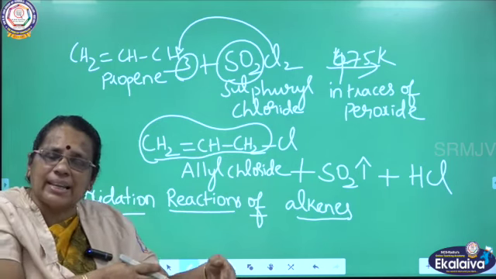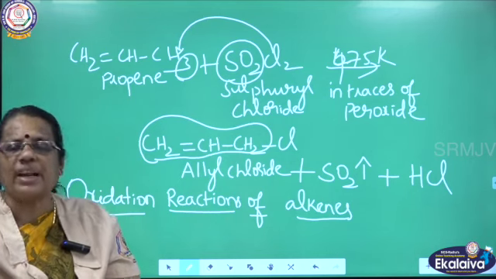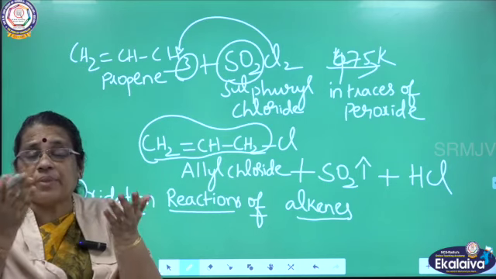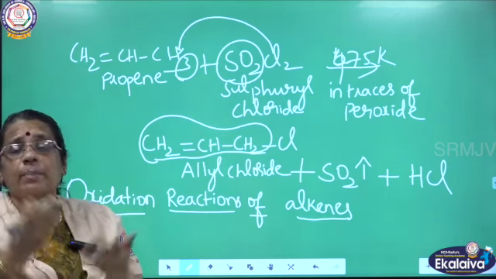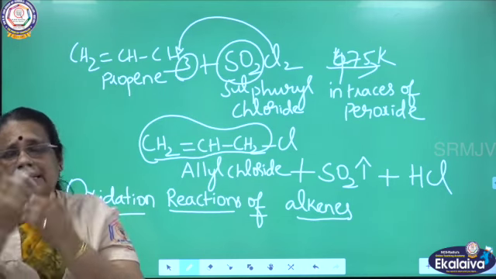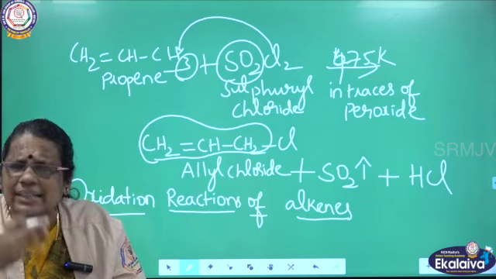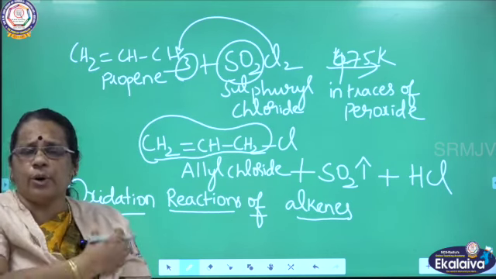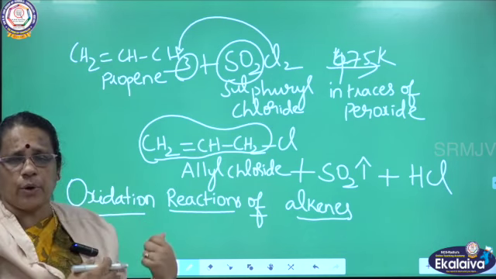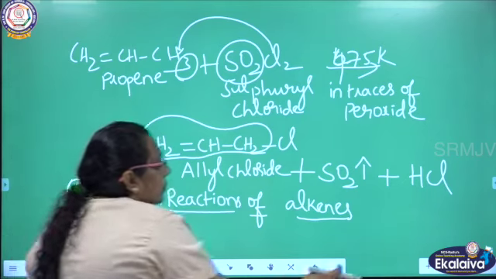Here controlled oxidation, there it is drastic condition. And we are going to talk about combustion reactions, burning of hydrocarbons. What happens when hydrocarbons burn with oxygen? What are the products we are getting here? Carbon dioxide and water. Along with that, heat energy is liberated. So are you ready, children? We are going to see the various oxidation reactions of hydrocarbons. Particularly, we are discussing alkenes. So we are going to write various oxidation reactions of alkenes.